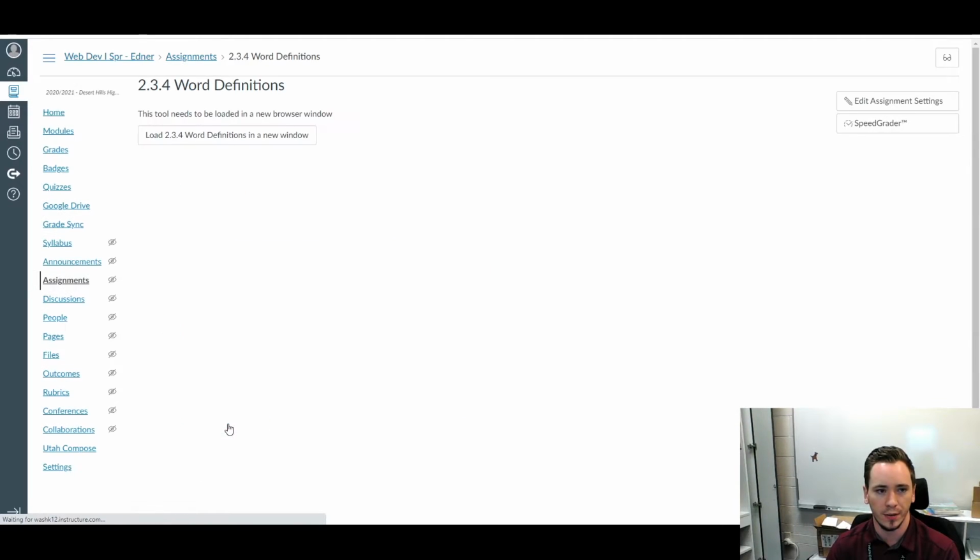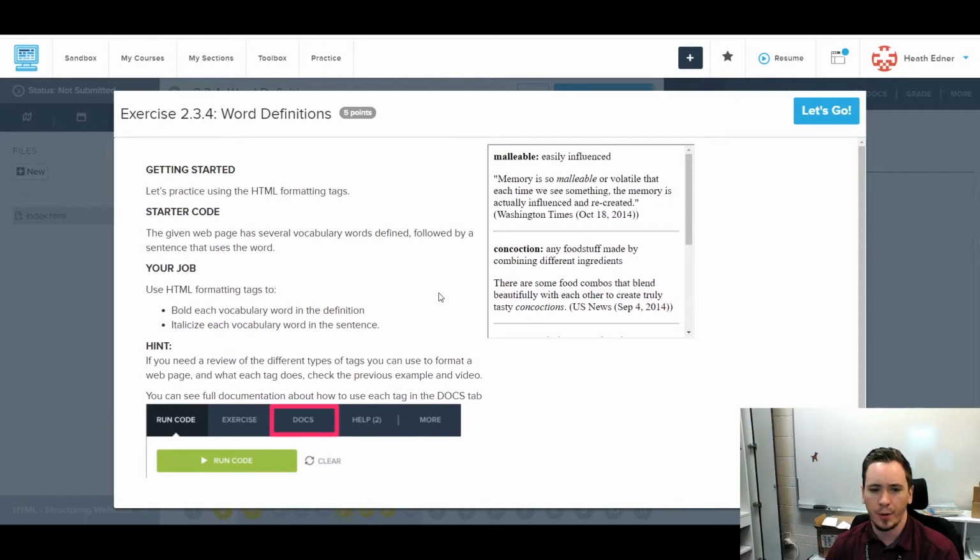Let's open up word definitions. Okay, we're getting practice formatting tags. We're given a web page that has several vocab words defined, followed by a sentence that uses the word. So we're doing definitions here. So it gives you an example of what we're going to make it look like. We want to bold each vocab word in the definition, and then we want to italicize each vocab word in